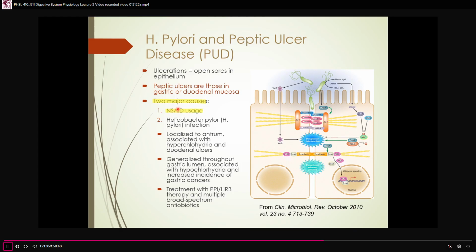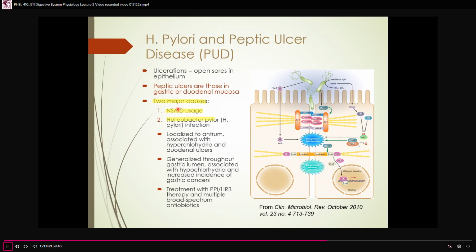And you'll remember these are the nonsteroidal anti-inflammatories. If these non-specific type anti-inflammatory drugs are used, they inhibit the COX enzymes that lead to PGE2 and other prostaglandin productions. But especially loss of those PGE2 prostaglandins makes the tissues much more susceptible to these sorts of injuries and insults and much less able to protect themselves and repair themselves once those damaging effects occur. In the absence of chronic NSAID use, as you might have in a patient with rheumatoid arthritis or osteoarthritis, where they're taking them all the time for pain and inflammatory blockers, the most other single common cause is infection with